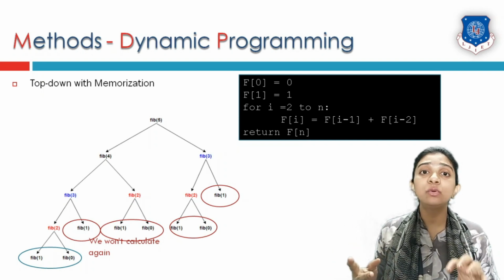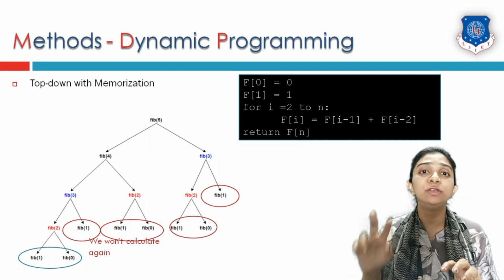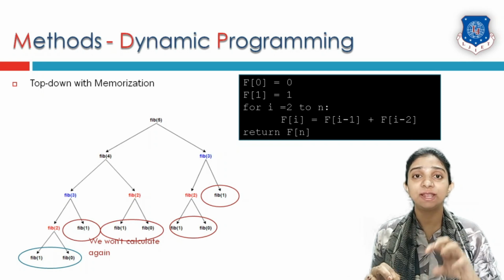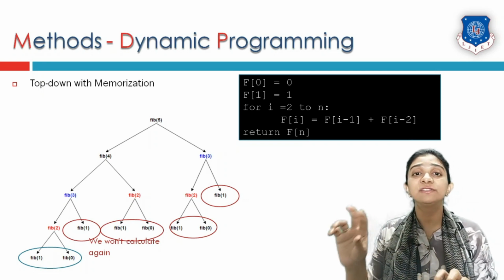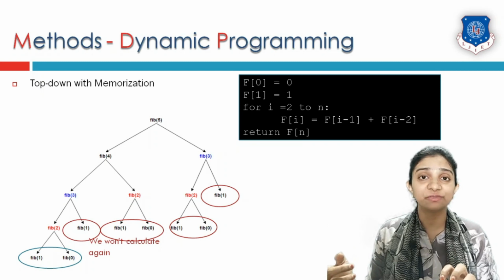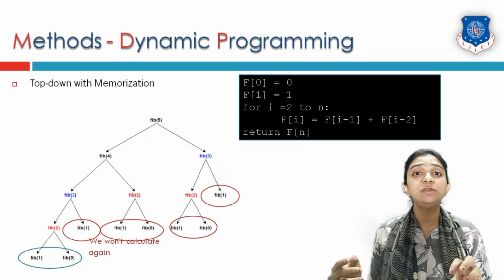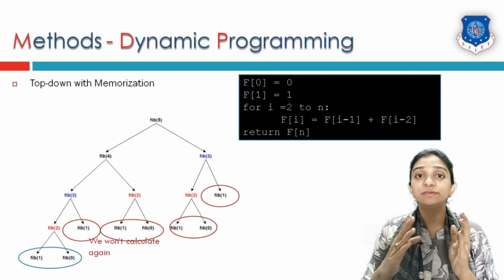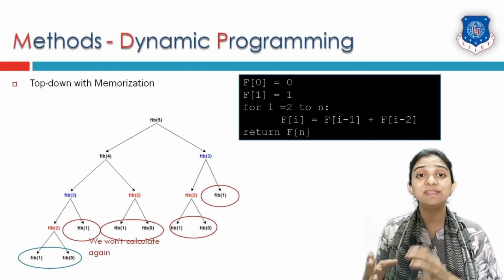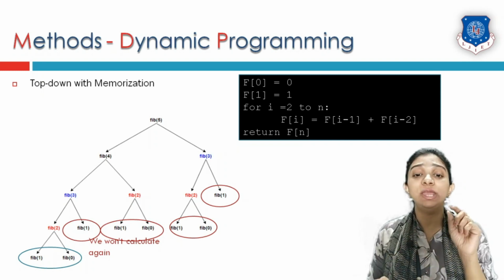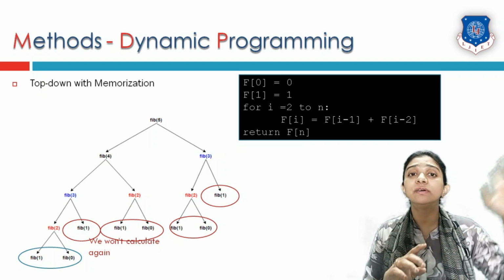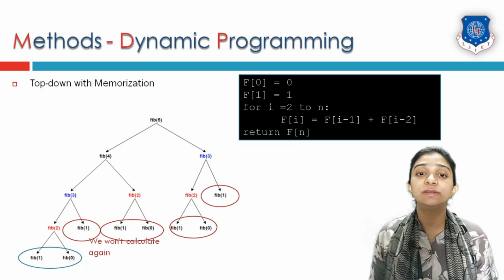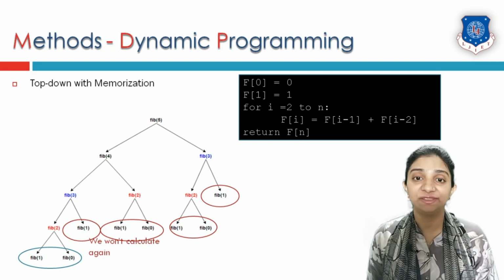So I am not going to calculate it again. I will memorize where they were used because we have worked from top to bottom. So at the bottom, if I calculate it once, we must know where it must get substituted in the other two steps. So this is the substitution of an already calculated value whenever it appears. Likewise, with Fibonacci of 2 and Fibonacci of 1, if we calculate Fibonacci of 3 only once, it will get substituted at other places wherever it is being used. So this method is called top-down with memoization.